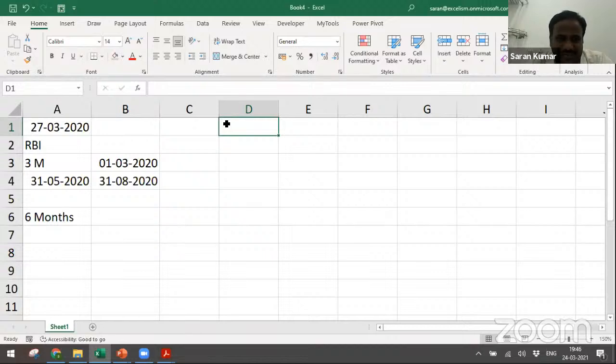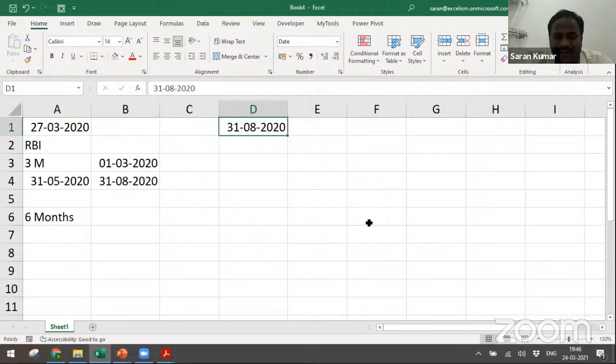They also said that for all the NPA status as on August 2020, all banks must maintain status quo. That means they must not treat that as an NPA. In other words, my interpretation: if any account ideally must become an NPA as on 31st August 2020, they should not take it as an NPA. Okay, that means the ideal situation.